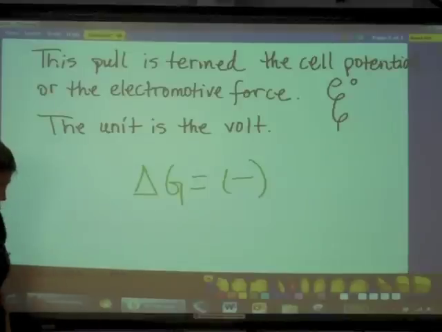It moves forward without any outside intervention. Okay, do you think that we can calculate electromotive force from a given particular redox reaction? Well, of course we can. And that's what we're going to do tomorrow for our very last day of